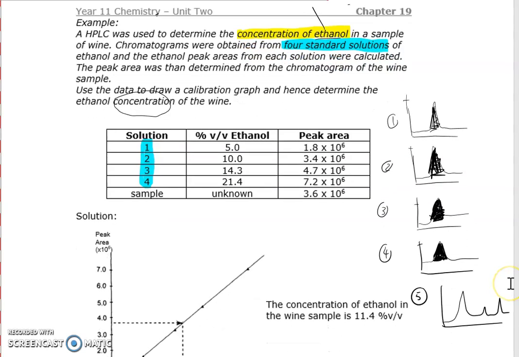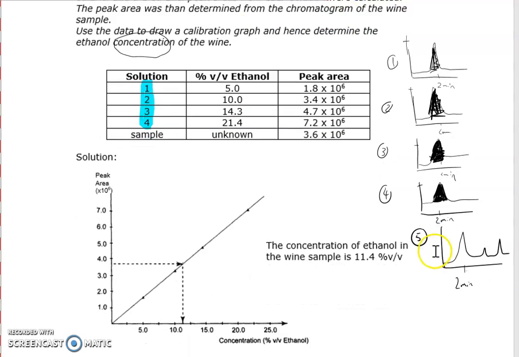But we know that, say this peak would be ethanol because we have determined the retention time of ethanol previously. So each of these may have occurred at, say, 2 minutes. Okay, 2 minutes, 2 minutes. That's the qualitative type of analysis on it. So we know this peak is ethanol because it occurs at 2 minutes. Okay, so retention time